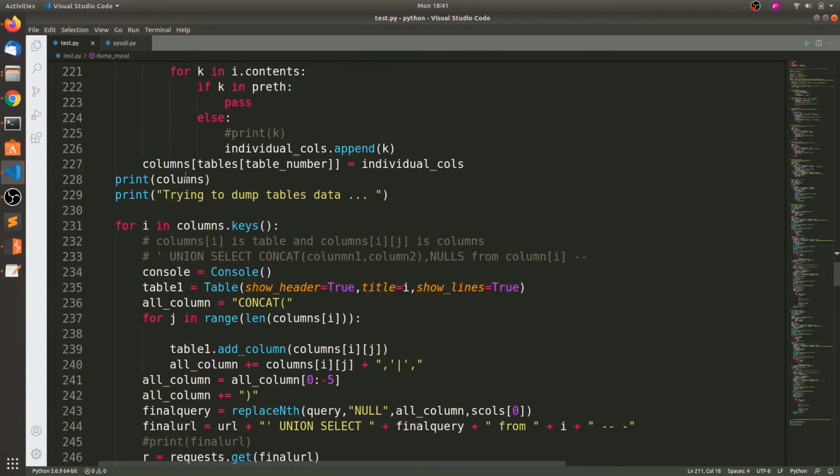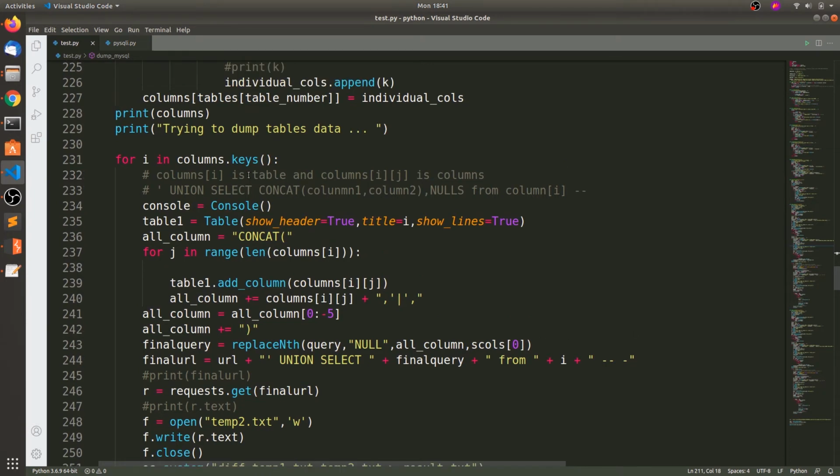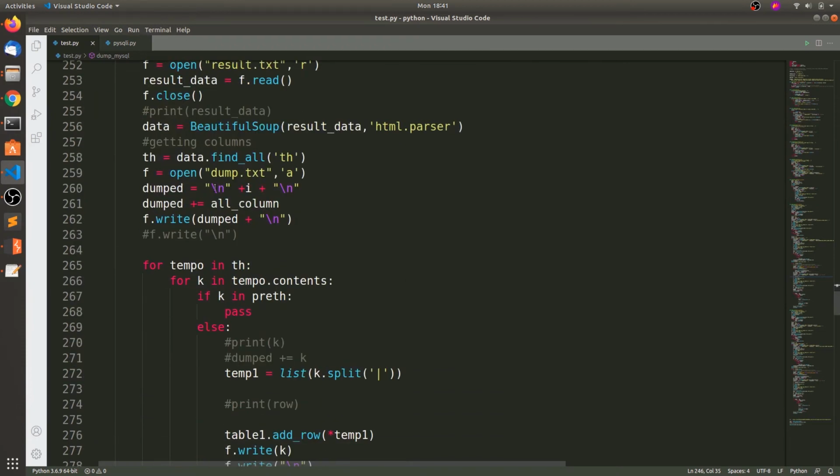These columns are a dictionary, so the key contains the table name and the value contains the columns in a list. Then I iterate over the keys, that means the table names, and extract the data. So select from every key, every table, and I am getting it.